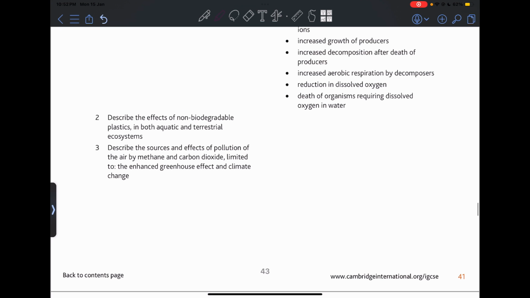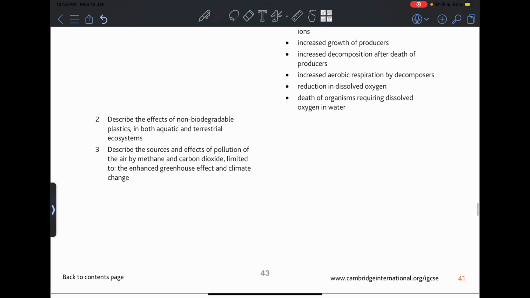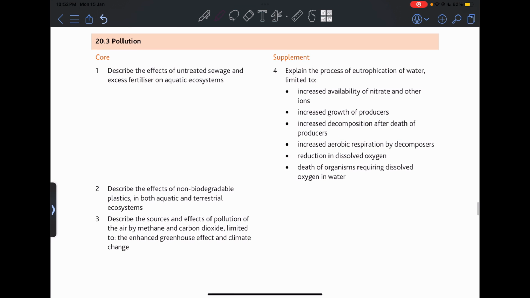Describe the sources and effects of pollution of the air by methane and carbon dioxide, limited to enhanced greenhouse effect and climate change. As I said, if there is higher carbon dioxide in the air, then there is an enhanced greenhouse effect. There is higher global warming. The atmosphere will always be hot, and ice glaciers may melt down. So, this is a big problem. And when ice glaciers melt down, there will be flooding and there will be tsunamis,